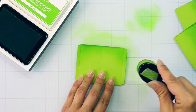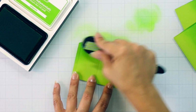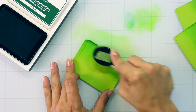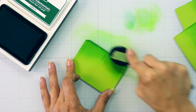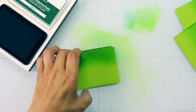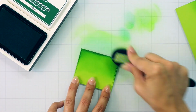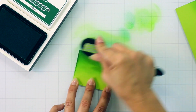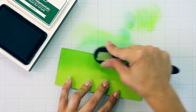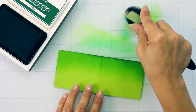Once I have that jalapeno down, I'm going to bring in that Noble Fur, and I will do all three of those pieces at once as well. This is once again just adding contrast to that, really kind of bringing out that jungle theme for my card. You can use any blending tool that you have on hand. I like to use the blending brushes for this because it helps me fade off into the color of the cardstock. Then once I have everything ink blended, I'm going to do some stenciling,